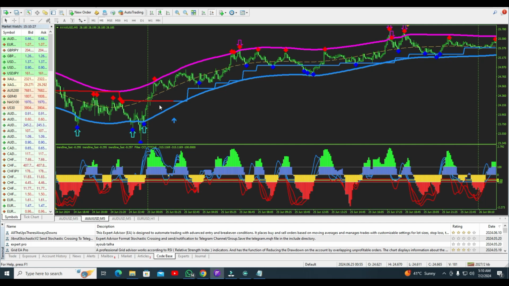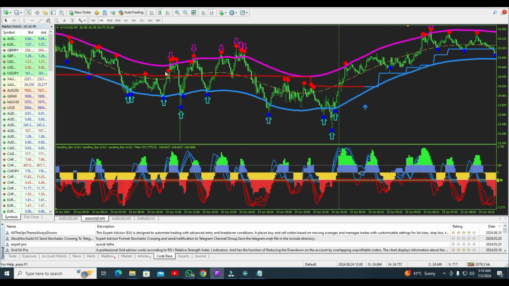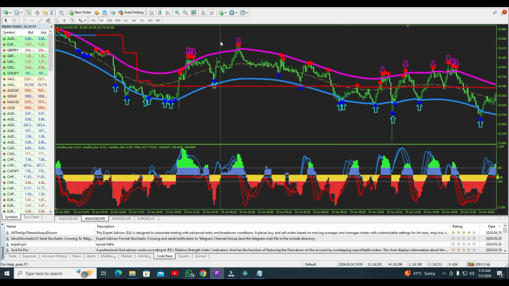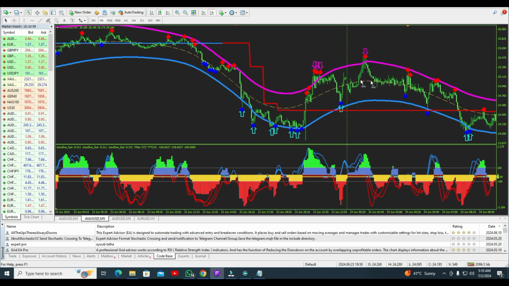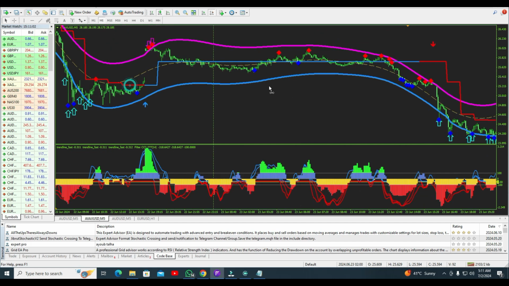You can see there are a lot of signals, the dotted ones and the arrow ones. The dotted one is for binary option trading, and it gives you consistent profit. And for the arrow one, you can follow the buy signal if the trend line is blue. If the trend line is red, you have to follow only the sell signal. Like this one, like this one. If the trend line is blue, you have to follow the buy signal.